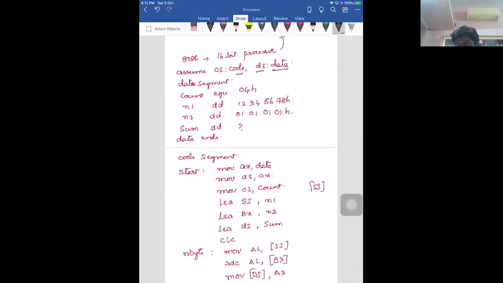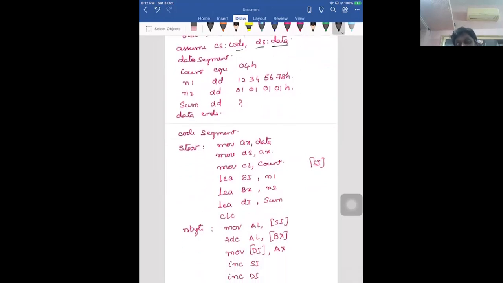Now we go with the code segment, but the code segment doesn't start the moment I give the code segment. First I have to start with mov ax comma data, then mov ds comma ax. We do this because I cannot transfer memory to memory directly, so we use a register, which is AX. Then move into CL the value in count, which is at the topmost part.